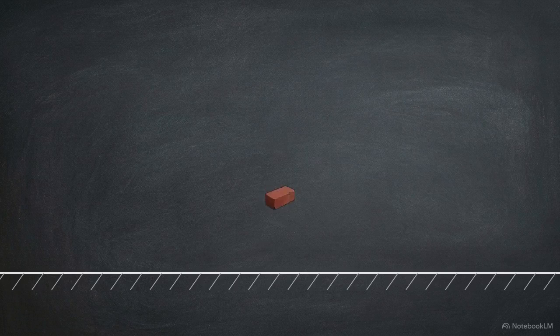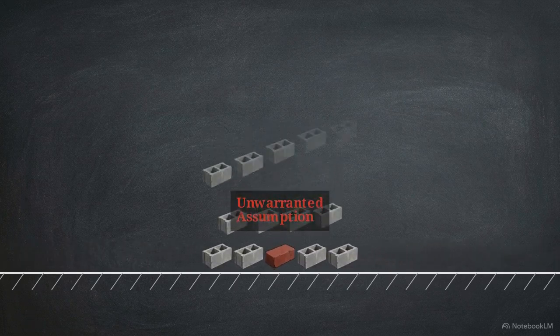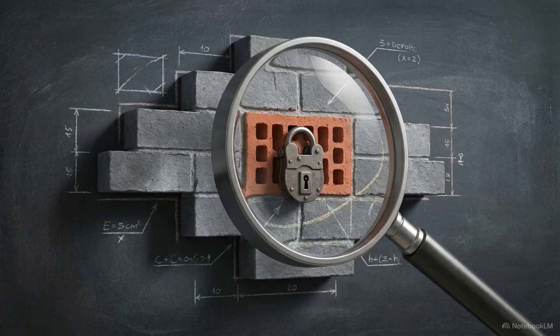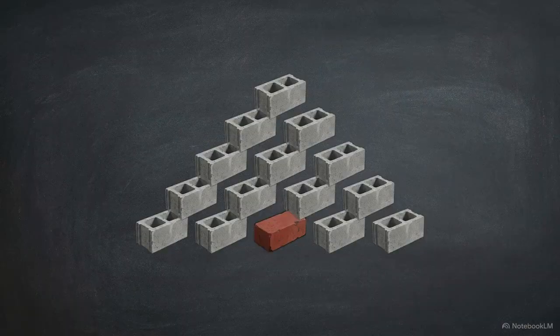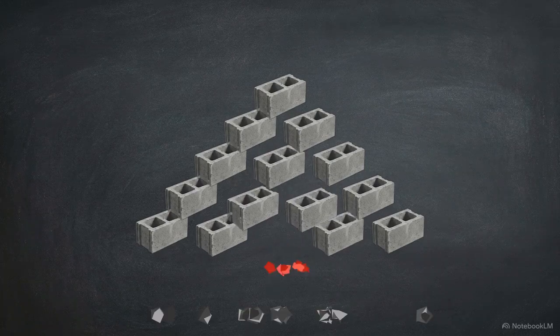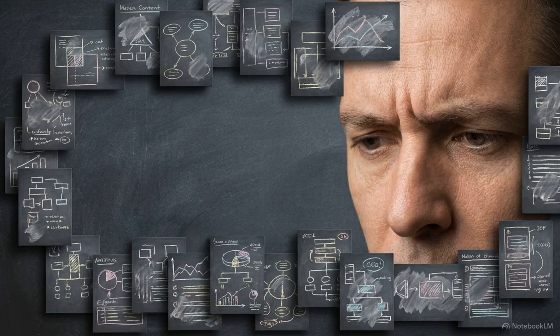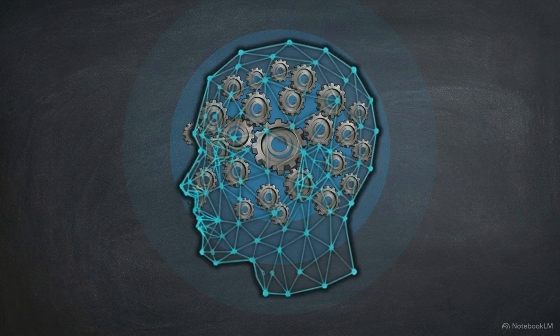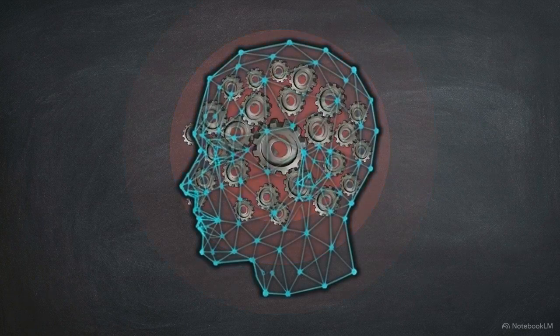False alternatives violate this exact criterion. They smuggle an unwarranted assumption directly into the argument's foundation. That hidden assumption is the premise that no other options exist. Because that unstated premise is entirely unsupported by evidence, it renders the entire argument structurally unacceptable. We fall for this tactic consistently because human psychology favors efficiency. A simple binary requires a very low cognitive load. Navigating the complex reality of a spectrum requires rigorous, deliberate thought.